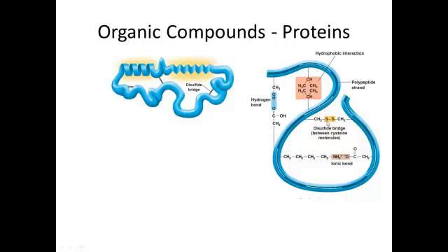Then here we have a sulfhydryl group. We've removed the hydrogens and formed a covalent bond between these two portions of the protein, further stabilizing it. So those are the four interactions that can hold together the tertiary structure: hydrogen bonding, hydrophobic interactions, disulfide bridges, and